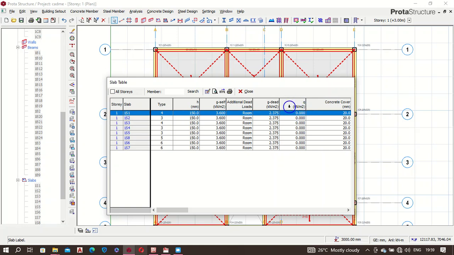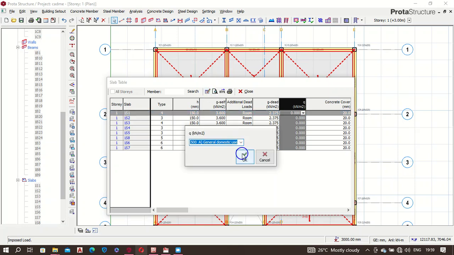If you're familiar with your code and the abbreviations for all the loadings and different parameters, you know that Q is for imposed load. G is for dead load. So you just click this, click on column wise edit, then